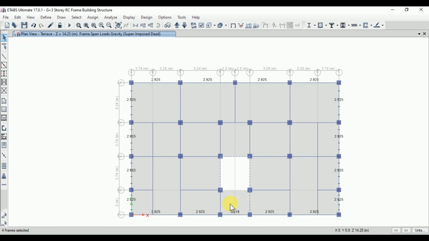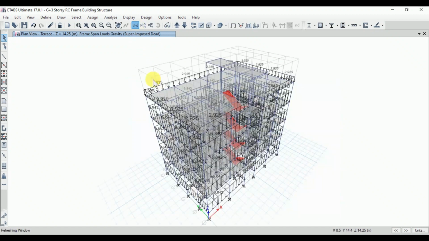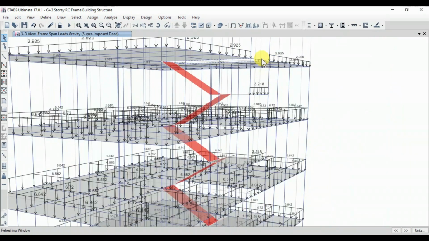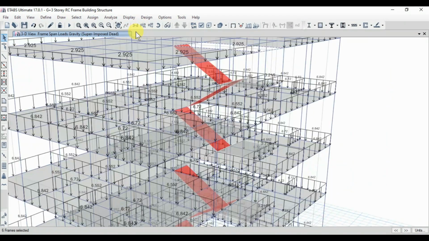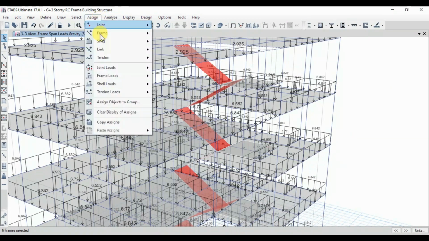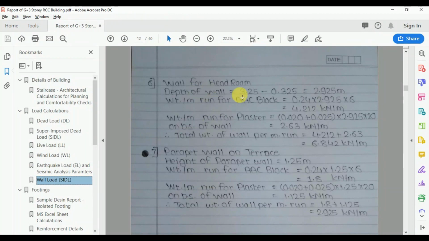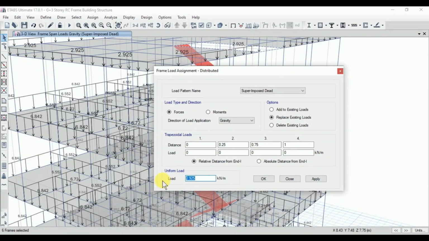This beam we select from the 3D because here we have the landing beams. Now go to assign, frame loads, distributed, and as per calculations for headroom 6.842 kN per meter. Click on apply, click on OK.